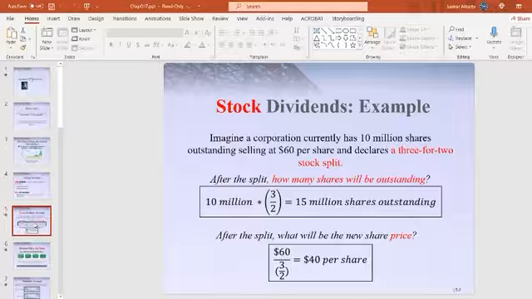The next question is, what will be the new share price? Now, we know every stock is divided into 1.5, but does this affect the price? Yes, the price before was 60. You divide it by 3 and multiply by 2, the price now is 40. So what is the idea here? The number of shares increases in the market, but the price decreases because of the split.